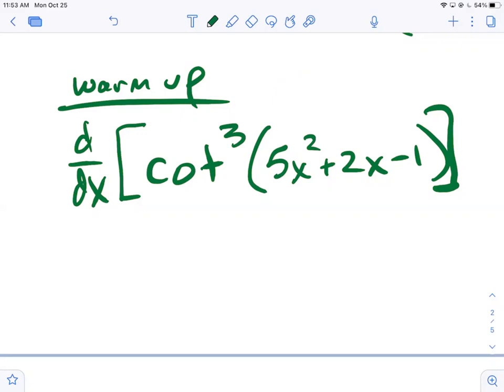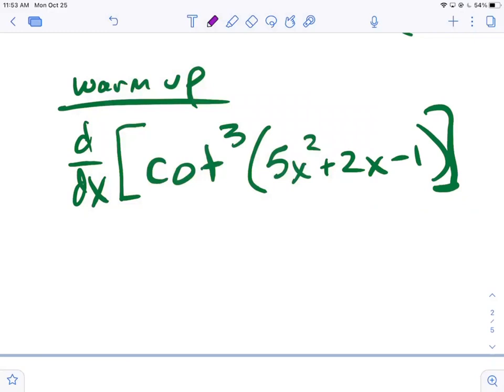Okay. Let's go ahead and evaluate this. The derivative with respect to x of cotangent cubed of 5x squared plus 2x minus 1. This is a composite function, yes? So for composite functions, we have to use what rule? Chain rule. Yeah. And so rewriting it could be critical to identifying the layers, because the number of layers